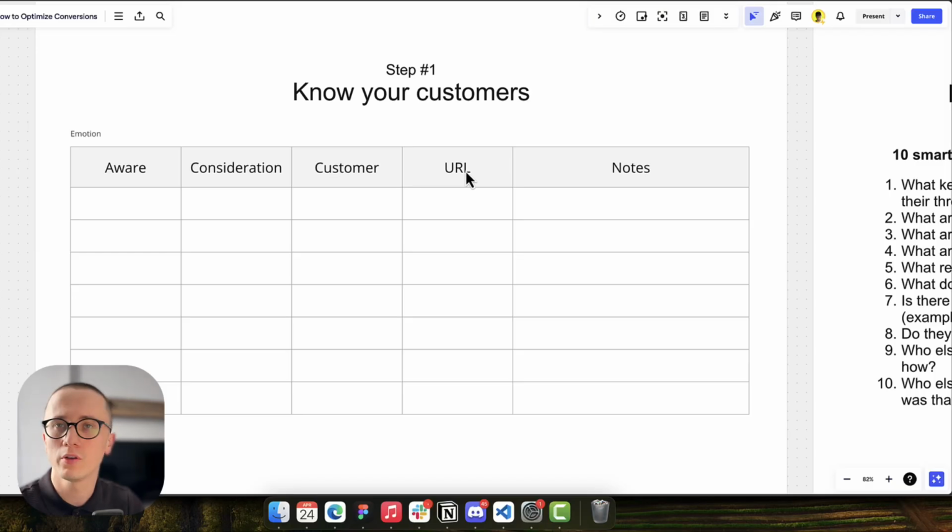The next column is called URL, and this is where I have a link from that specific finding. And the very last one is notes, where I put a few notes about what I believe from researching the market. Now, what I do next is create 3 different tables that represent 3 different emotions: